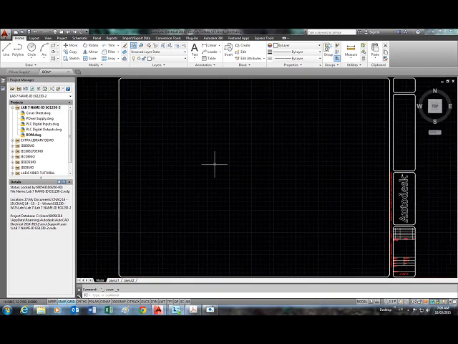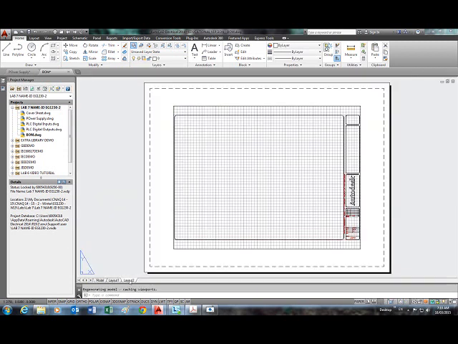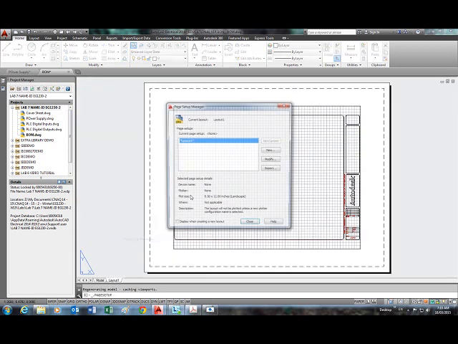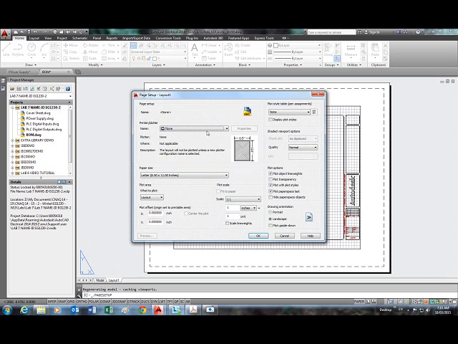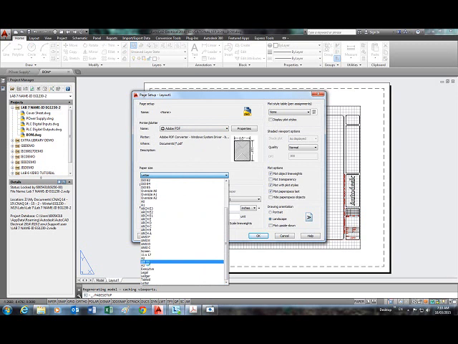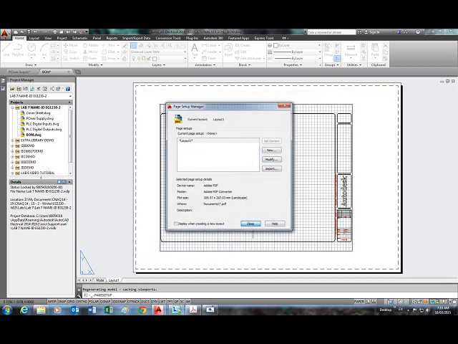Double click the wheel, nav cube off, layout 2 delete, right click, page setup manager, Adobe PDF A4, and OK, close,